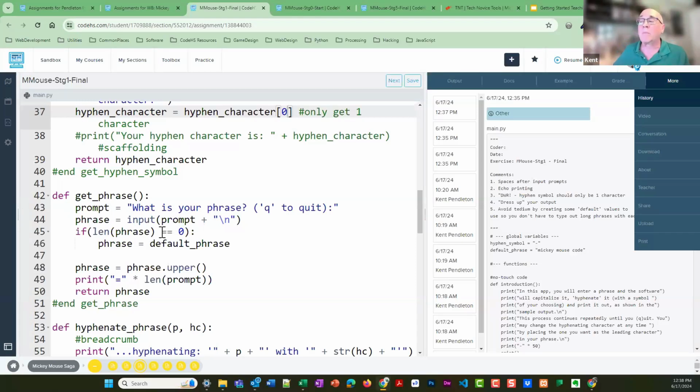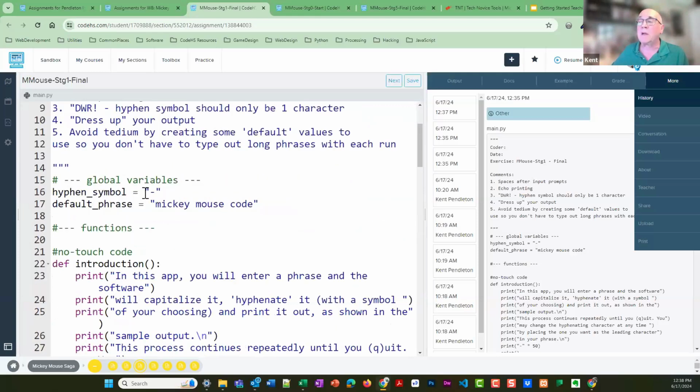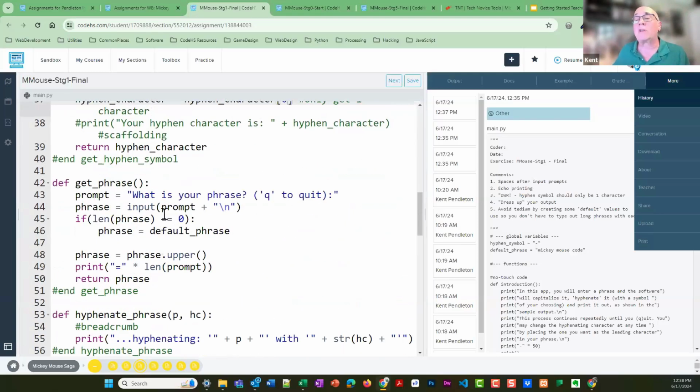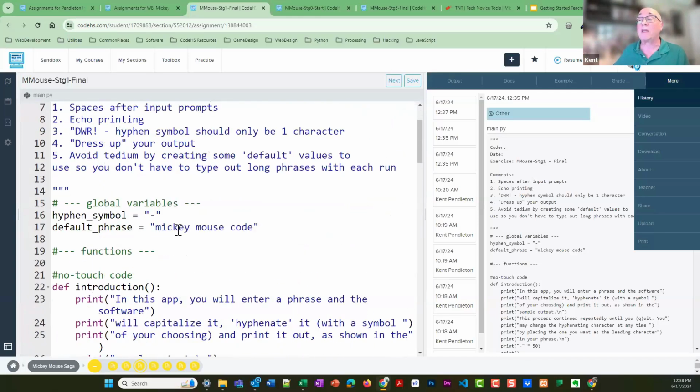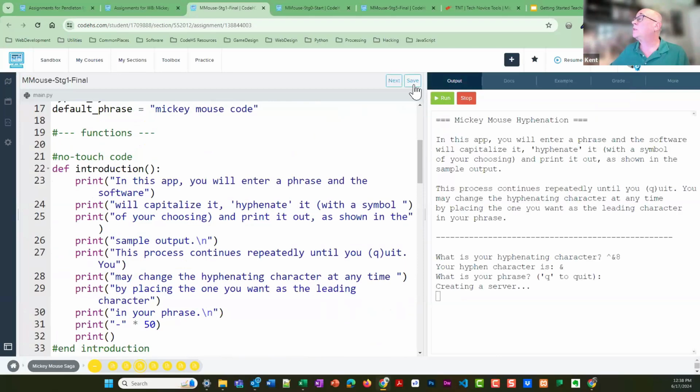And we can compare and contrast that to the idea of the assignment statement here, which is a single equal with the double equal. Now they'll see all this in CodeHS as time goes on, but again, I'm doing this from a bird's eye perspective early on, and I'm saying, hey, if the phrase has a length of 0, I want my phrase to be my default phrase. And since default phrase was a global variable of Mickey Mouse code, what this means is that if I'm lazy and I come in,